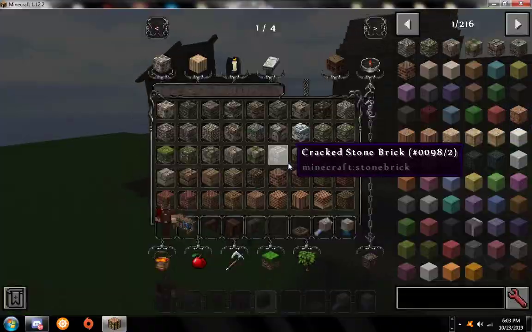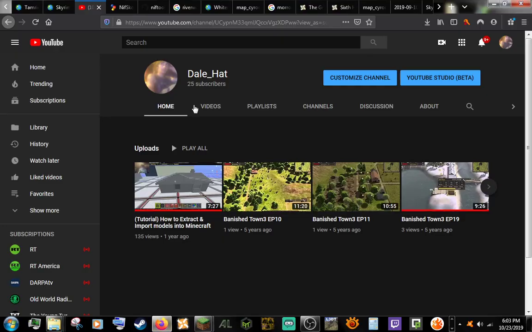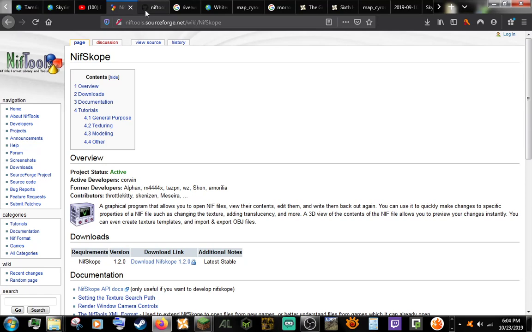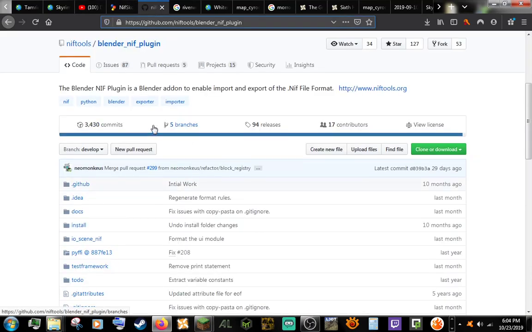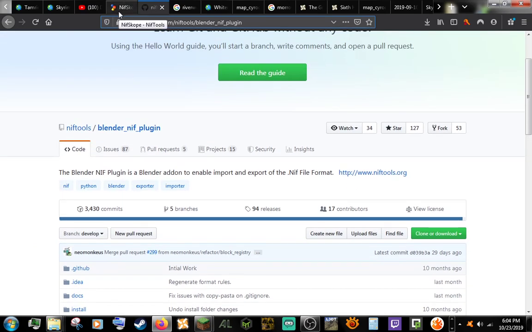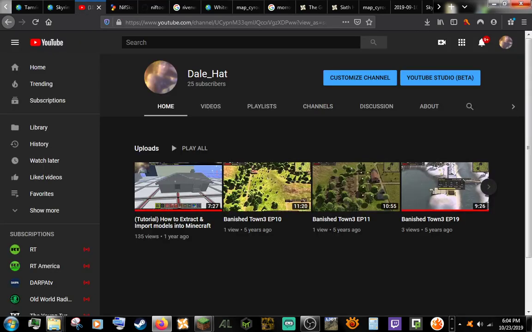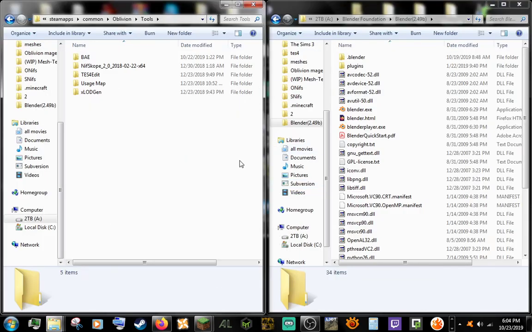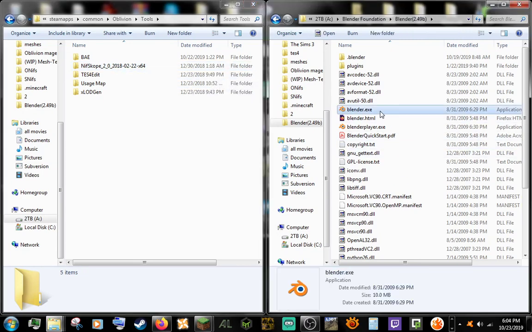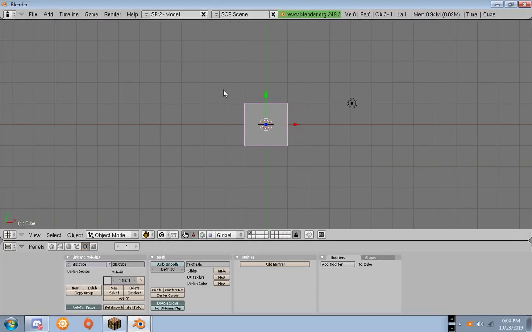But yeah. So, first off, you'll need a few programs. The main one will be this plugin for Blender. It'll allow you to open a .nif file. And the reason you'll also need NifScope is because whenever you extract that nif file, I'll go ahead and show you. Basically, it saves a .mtl file, but it doesn't keep